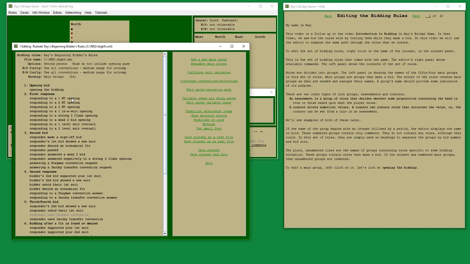Main groups are groups that make a bid. The writer of the rules creates main groups as they are needed and assigns their names. A group's name should provide some indication of its purpose. There are two other types of rule groups: